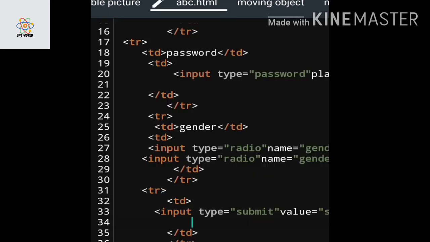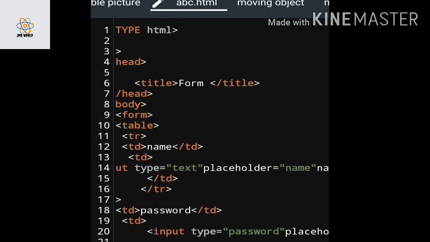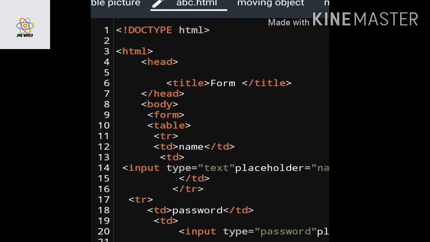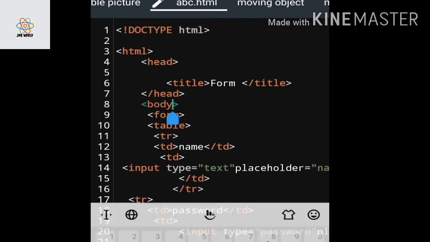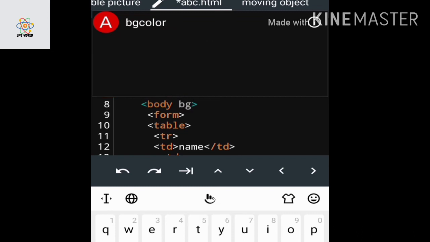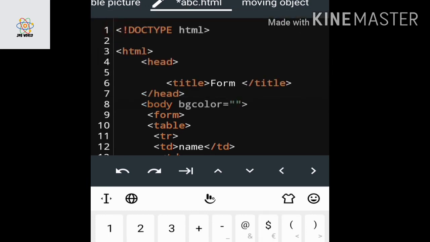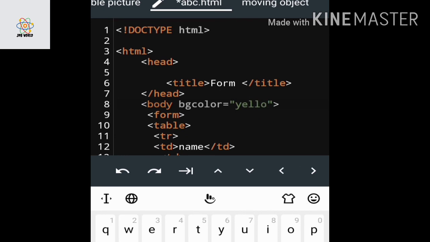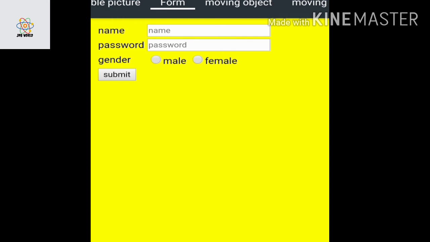Now I have to design this form a little bit. For the body I give the background color, say yellow. See what is happening now. See, this is good now.